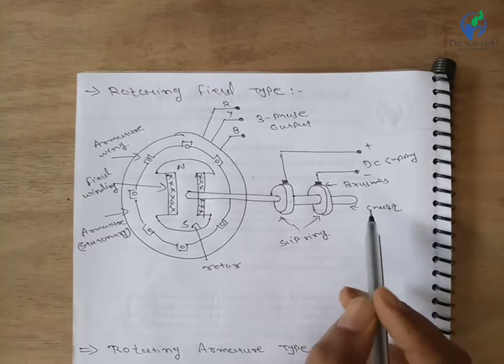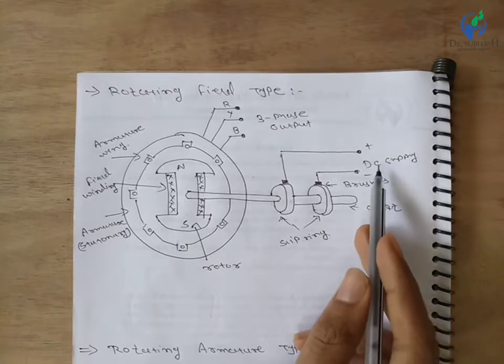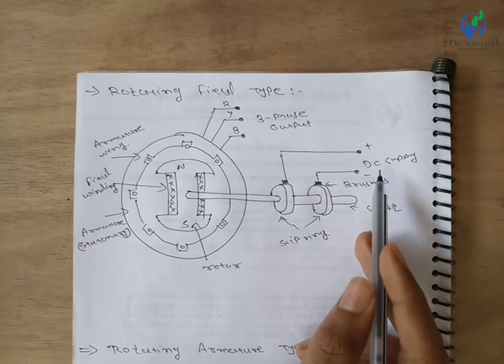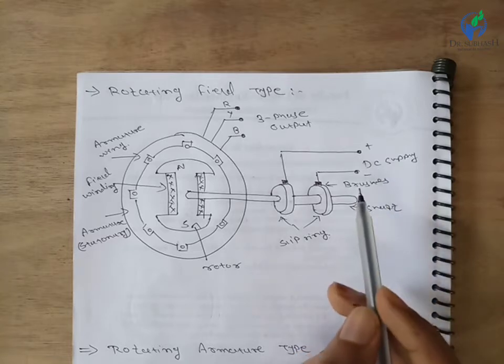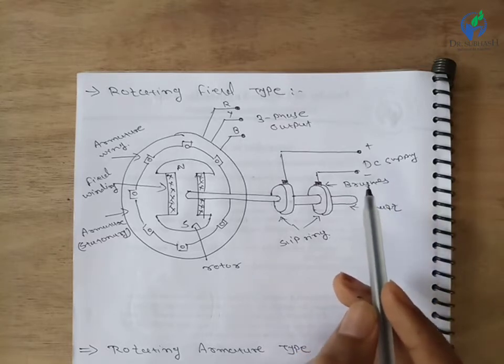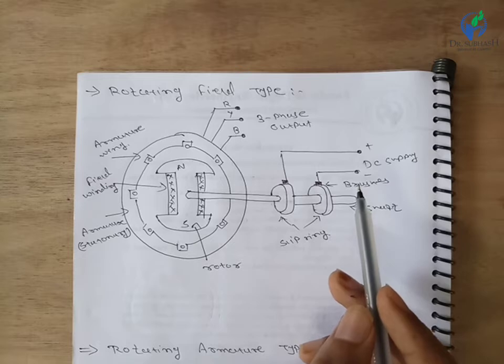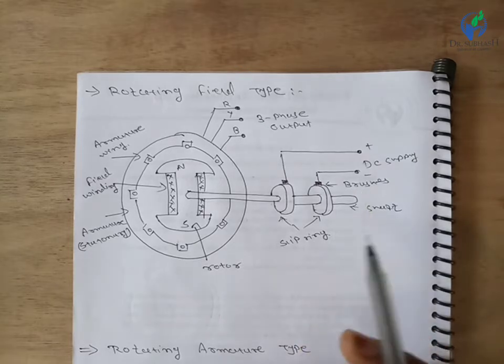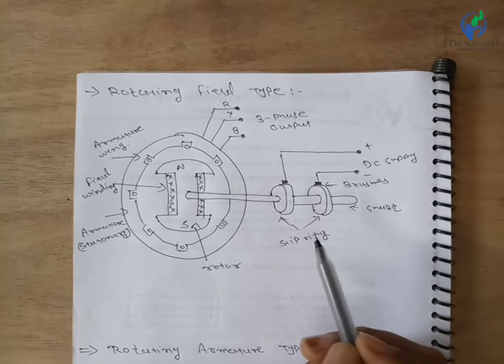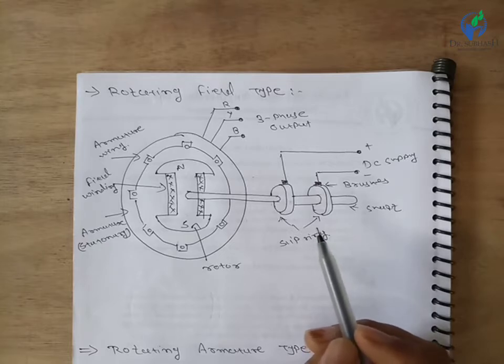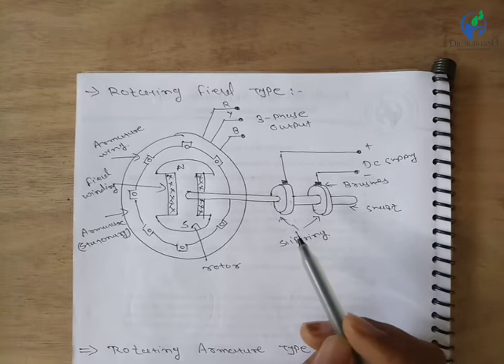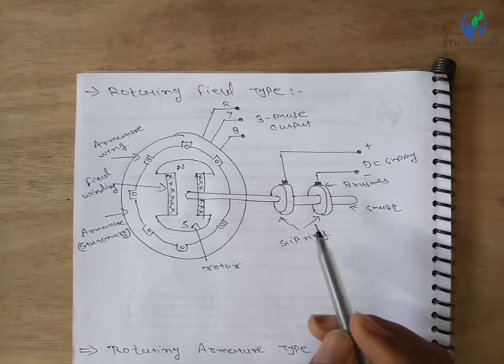When the DC supply is fed to the field winding, it generates the magnetic field. Since the field system is a rotating member, the stationary armature winding cuts this flux, thus the EMF is induced in the armature winding. The armature winding terminals R, Y, B are taken out from the stator body. The three-phase AC voltage at output can be obtained.